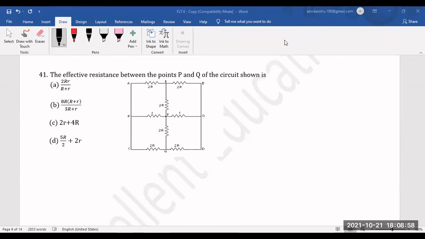So now let us solve question number 41. Actually, in this question, if you see, this is a symmetrical circuit, and whatever current goes into this, the same amount of current goes into this, let's say I1. Current was entering from this point, correct? And now when current is going to exit, it is going to exit in the same ratio because the resistances in which it divided were the same. That's the basic idea about a symmetric circuit.